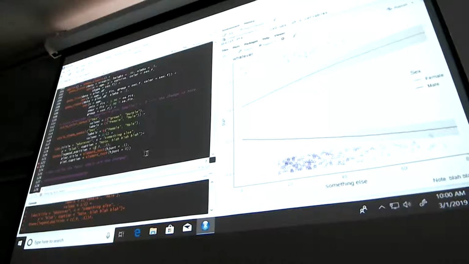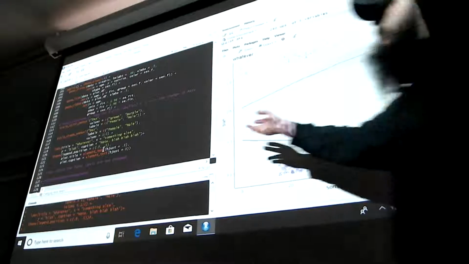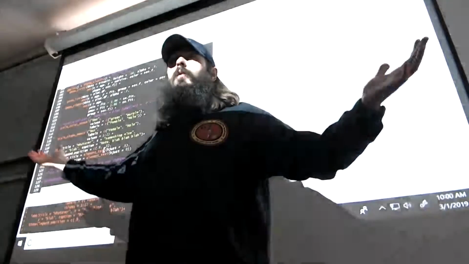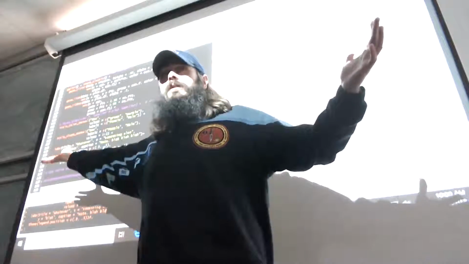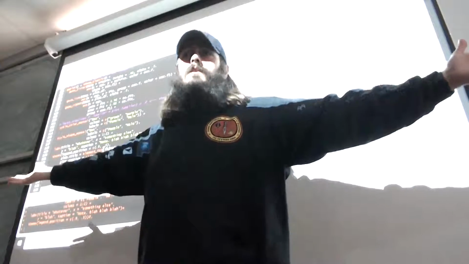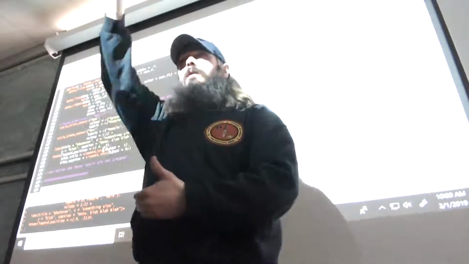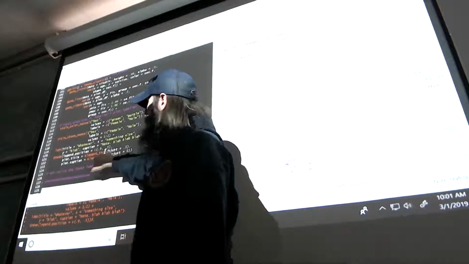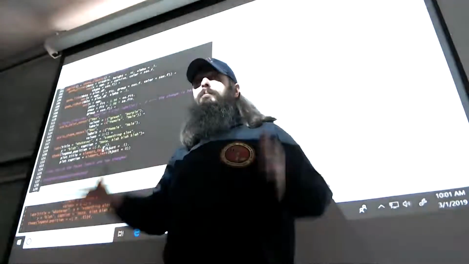For centering your titles, you just tell it in your theme: plot.title equals element_text, horizontal justification is 0.5. So justifications are 0 to 1. Horizontal, 0 is left justified, 1 is right justified. For vertical, you have 0 and 1 again. So by telling it my horizontal justification on the title is 0.5, I'm telling it to put the title in the